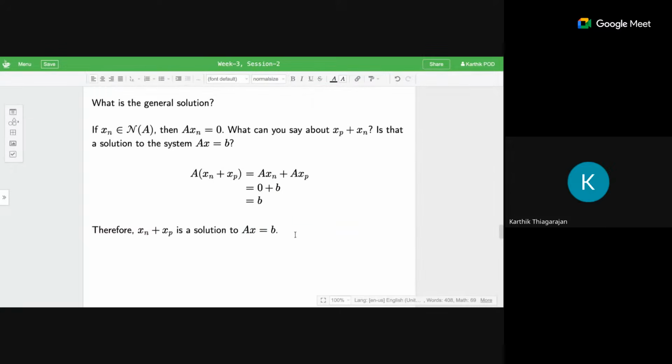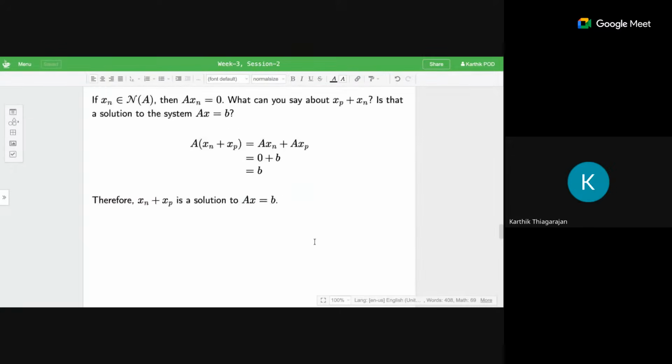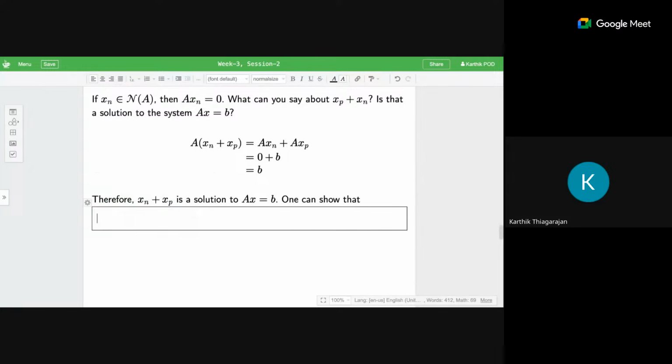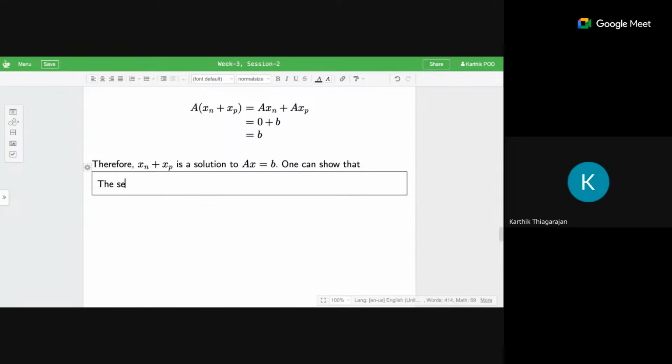Okay, do you get this? Yes. Okay, therefore, I've only shown one side of the argument, but one can show that, and this is important, so I'll box it. The set of all solutions to AX equal to B is given by a particular solution, or so,